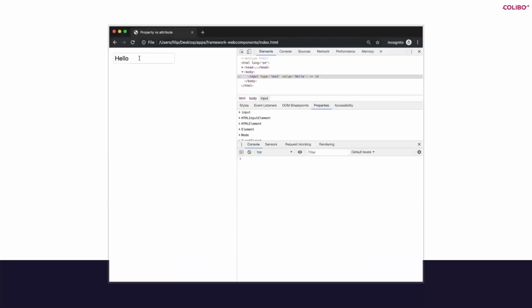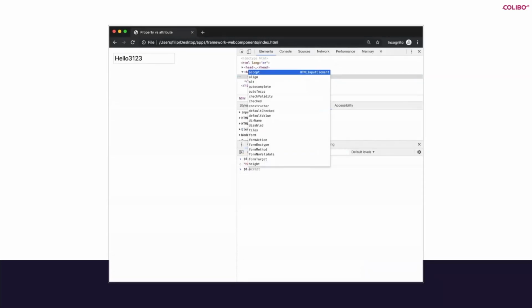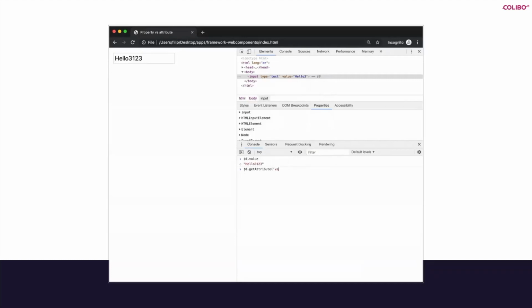So just a short example here: you see my input field, it has the initial value. If I update the attribute, it updates the value. But if I update it programmatically, or it's changed by user input, it doesn't change. It doesn't reflect back to the attribute. And then I can read the original attribute value out of it, and it's going to give me a different value than what's actually the value.